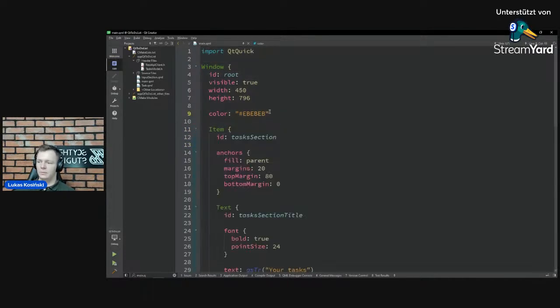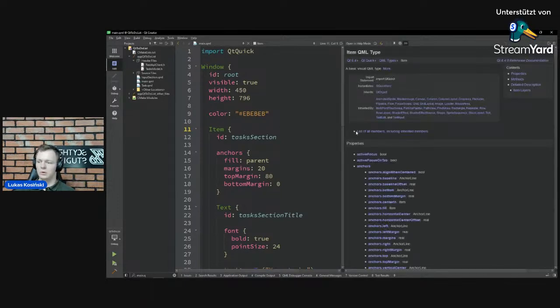Every item has properties. Properties allow you to set parameters like geometry or styling. You can define your own if you want, and all the visual items are based on a type called Item.